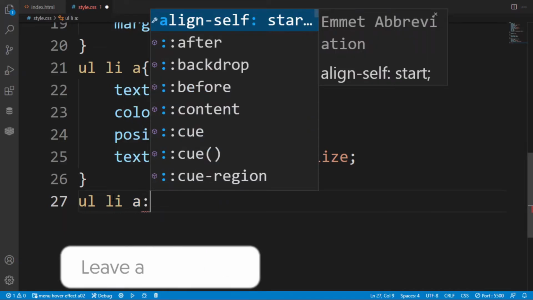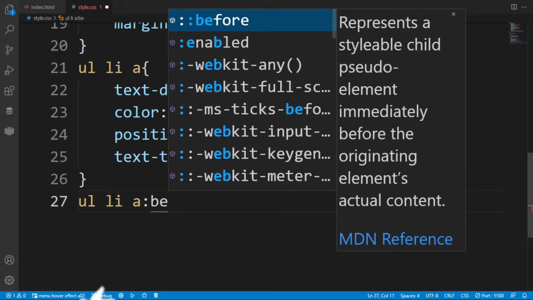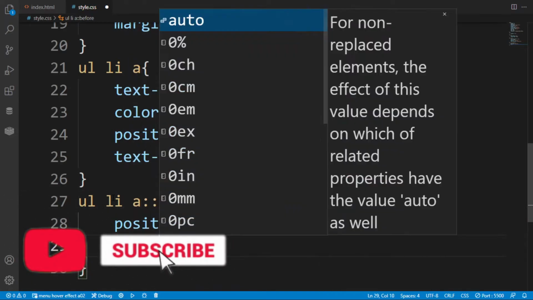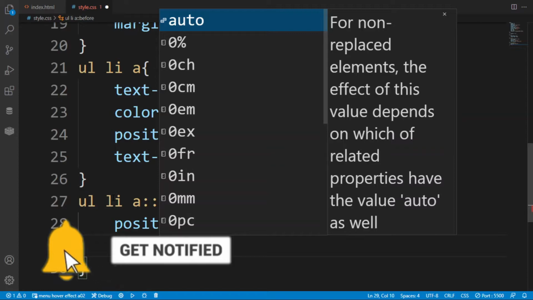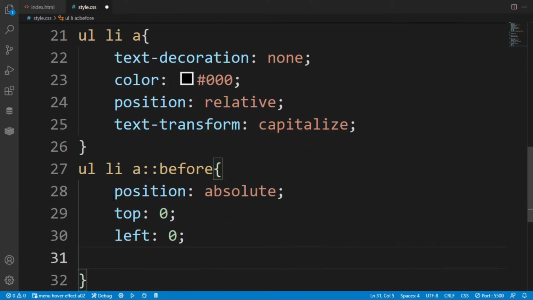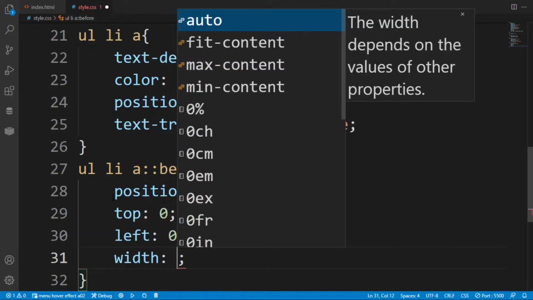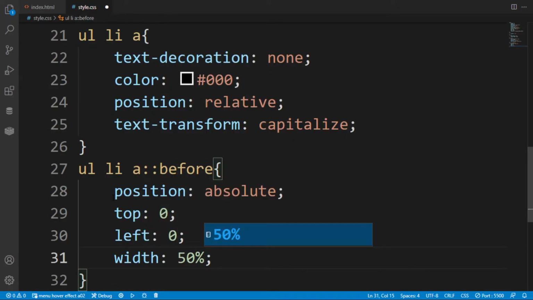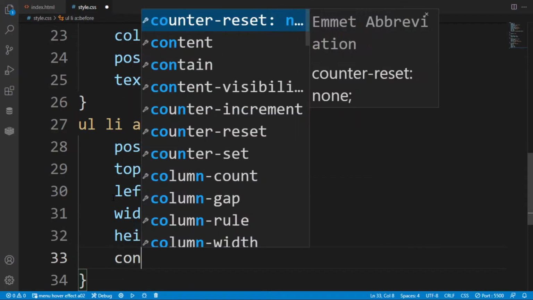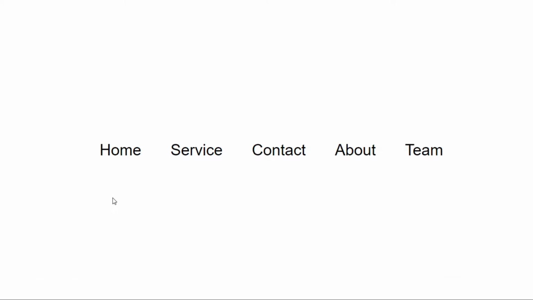Then I am creating a before pseudo-element. In this before, position is absolute, content is empty, top is 0, left is 0, and after that width is 50% and height is 50 pixels, and then you have to put the content empty.